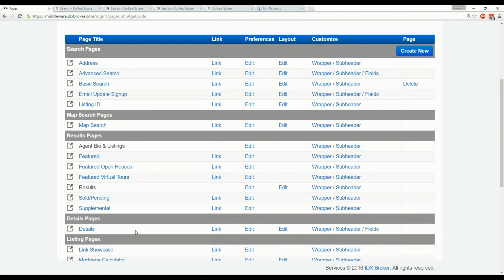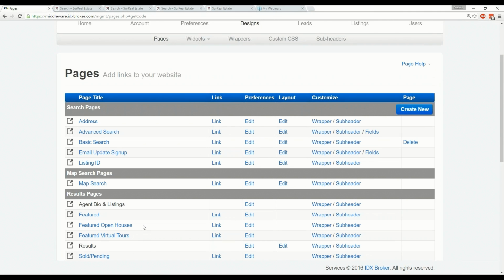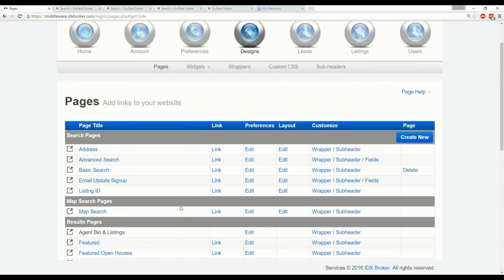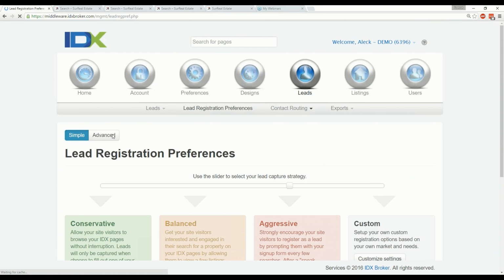This user sign up is pretty basic out of the box, but if you edit the contact pages, it affects both the contact pages and the sign up page, and it gives you some more options. In fact, it gives you almost unlimited options as far as fields that you can get from your users. So let's go ahead and look at that. We're going to go to Leads, Lead Registration Preferences, Advanced,